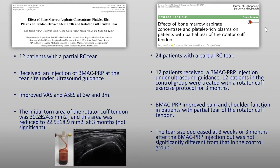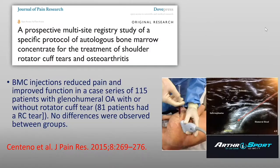However, they haven't shown substantially reduced tear area on ultrasound. And when they compared the administration of BMAC, PRP, and PRP compared to conservative treatment, they've shown improved outcomes. But again, in terms of tear size, non-significant differences. Another study looked at a population of glenohumeral